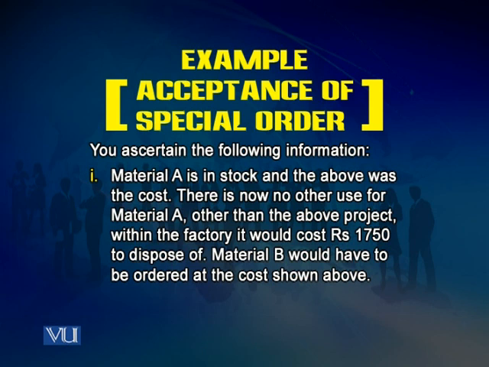So we have seen that in our case, this material is lying in our factory. It has been acquired. It has been purchased. So this cost is the sunk cost. It has been incurred. And now, if we use this material or not, that past or sunk cost is not going to be changed. Furthermore, we are told that there is no other use for this material. If there is no other use for this material, it has, in a way, zero realizable value, then